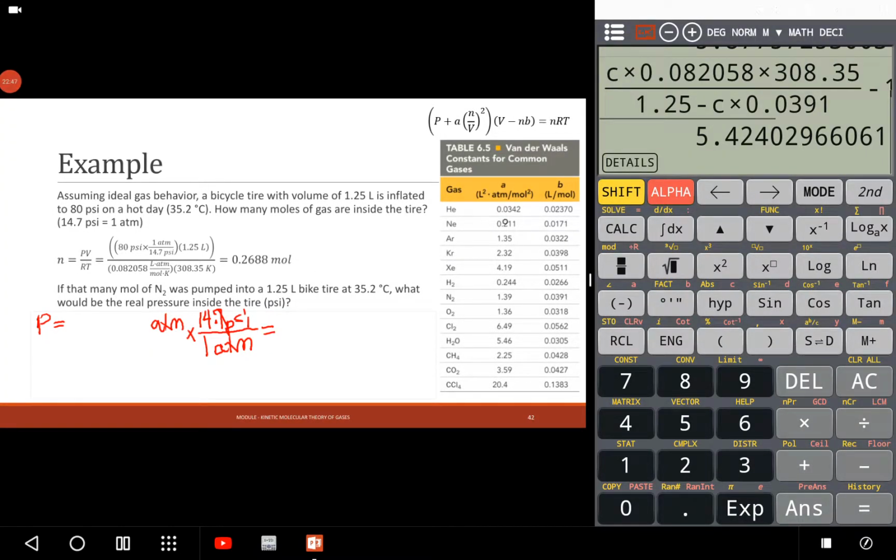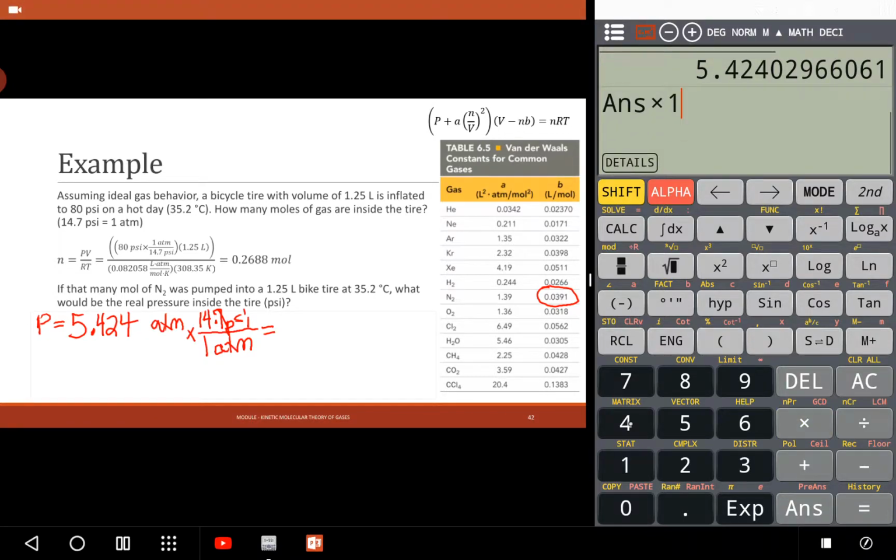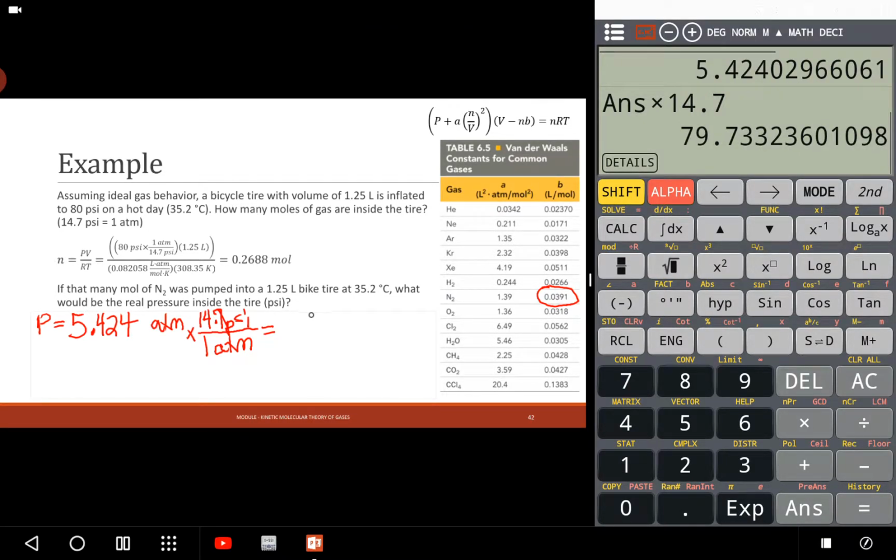When I did that and I figured out that it was telling me 80 something PSI, I knew that had to be wrong. I re-looked at my calculator entry here and I had forgotten to type in this 0. And so I found the missing 0 from my B factor, plugged that in, and now I know that my pressure was 5.424 atmospheres. Once that is converted into PSI, that is 14 times 14.7, and that gives us 79.73